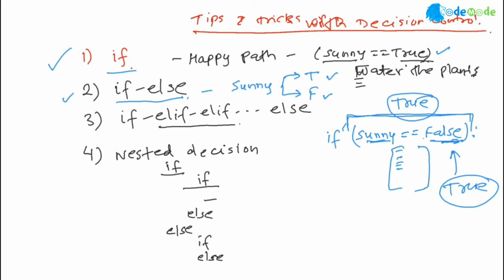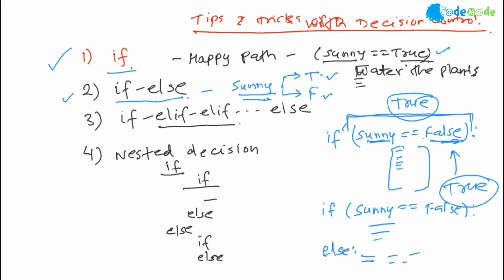In the if-else, it's the same variable, one variable, but you care about both values, both situations, true and false. So I will say if sunny equal to false, then you want to do something else. And remember, else doesn't take any condition, because either it has to be true or it has to be false. So that is what I call else. When you have a variable and you want to do something in the case of both values, true and false, then you use if and else.